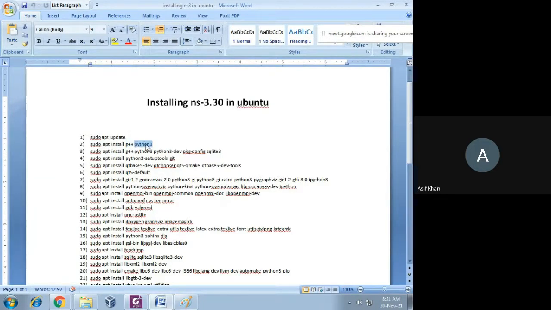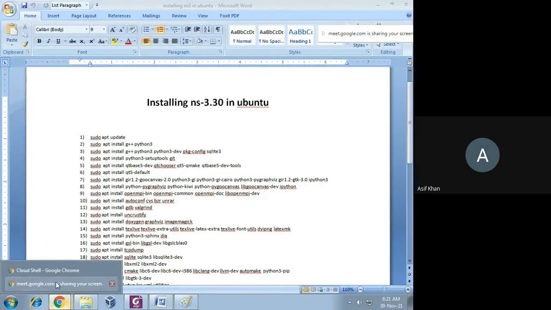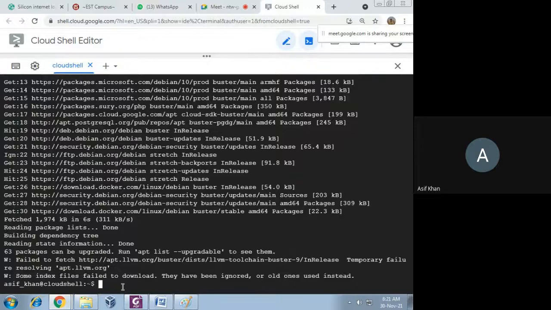You can write multiple packages to install, separating them with a space. So now I will install this G++ and Python. Sudo apt install g++ python3.